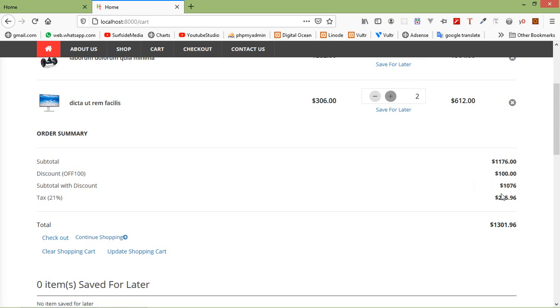Now let's use the number format function for displaying a decimal value.